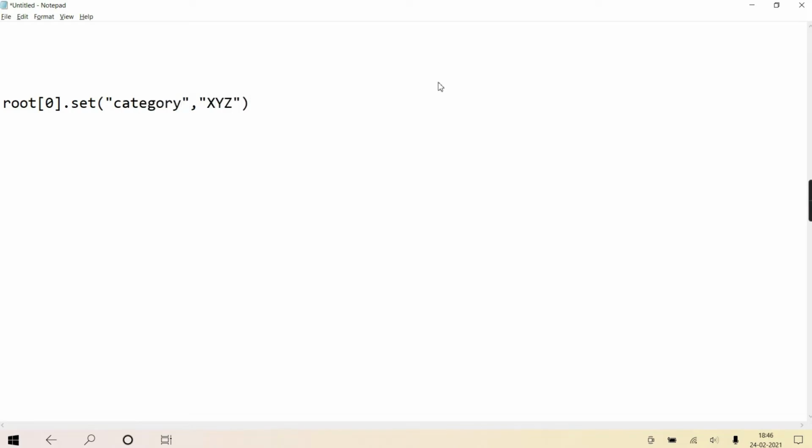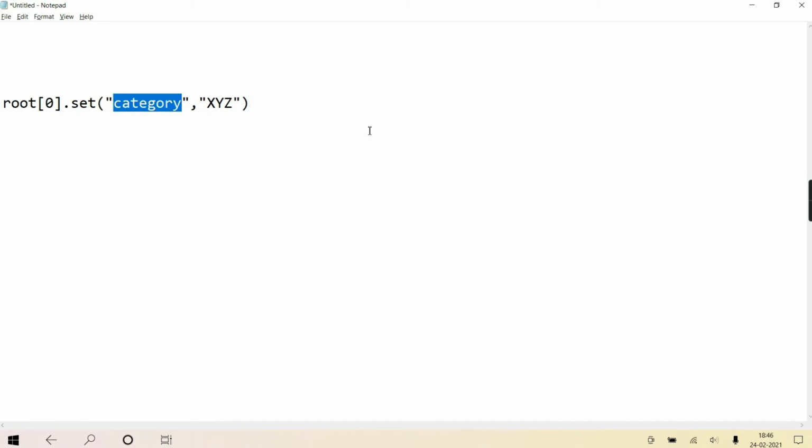Here I am writing XYZ. So what will happen now? The root element's first child, that is the book, and that book's category attribute value is changed to XYZ. Now suppose that element has that attribute, then the value is updated. But if the attribute is not there, then that attribute is added.